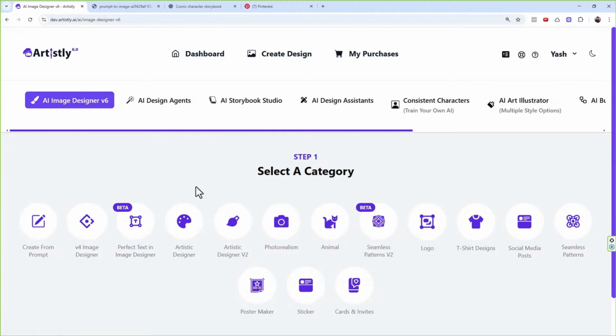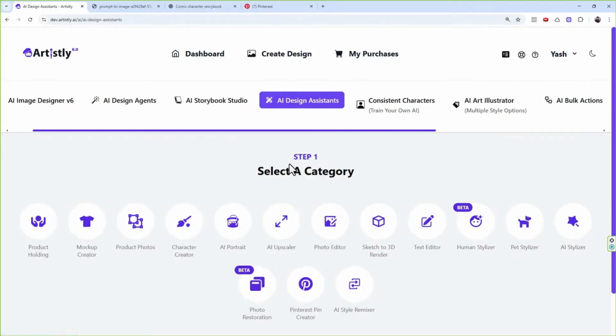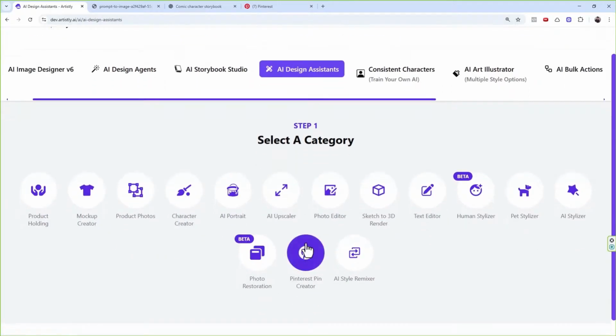Also, now I want to mention one another thing that we recently did, right? A lot of you guys post on Pinterest and stuff like that, right? So for that, we've created a specific Pinterest pin creator. Now, this is not your random Pinterest pin creator. This is not just give a prompt, stuff like that. This has the power of mirror magic and the power of Pinterest.